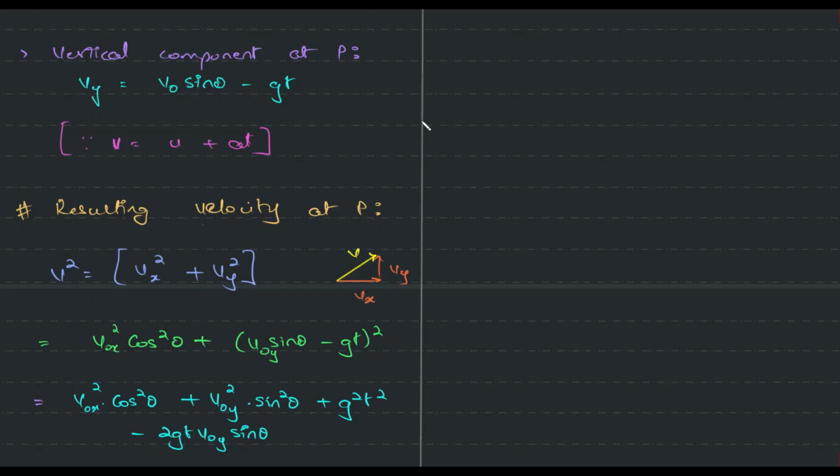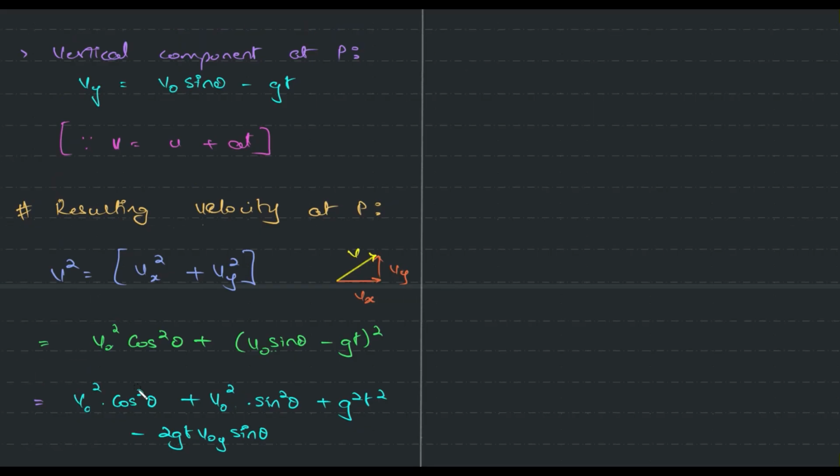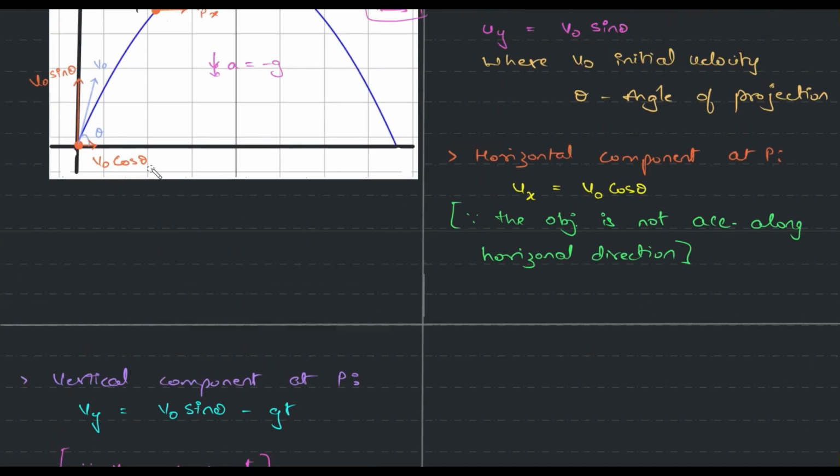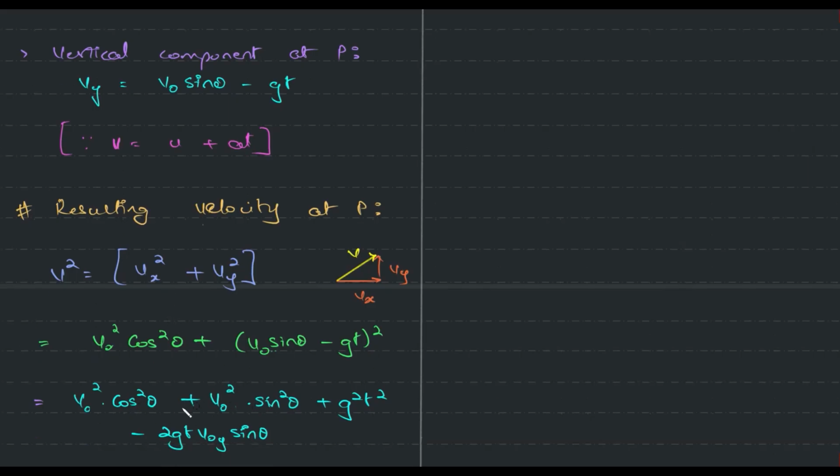Then what else do we have? Oh, my bad. This is wrong. This is just v naught square itself. Wait, am I writing that? No, correct. So v naught square cos square theta, because it's v naught cos theta and v naught sine theta. V naught x. Okay, so from this to